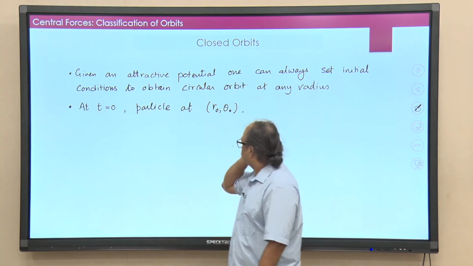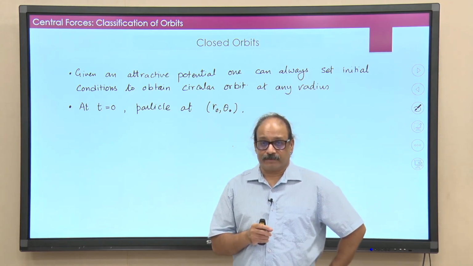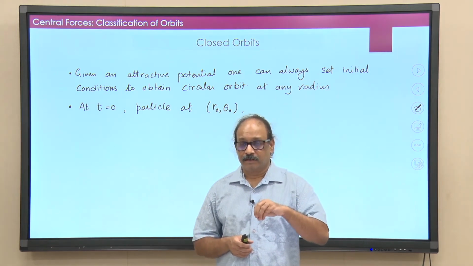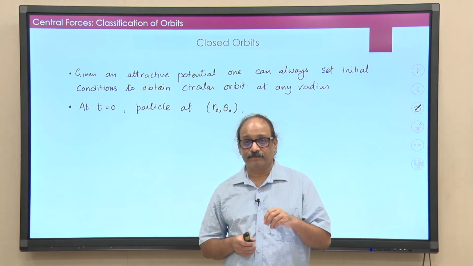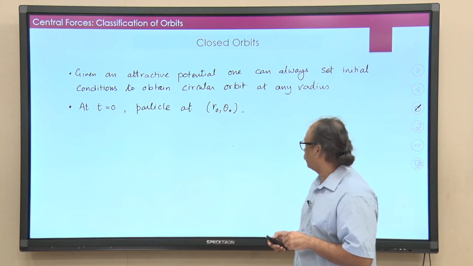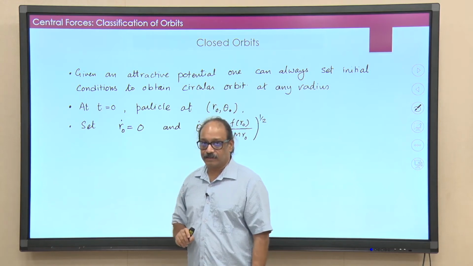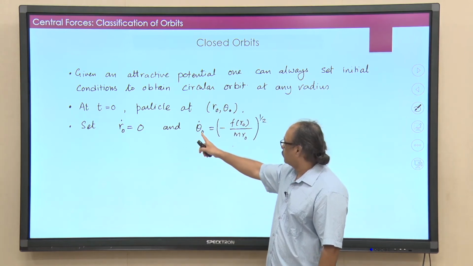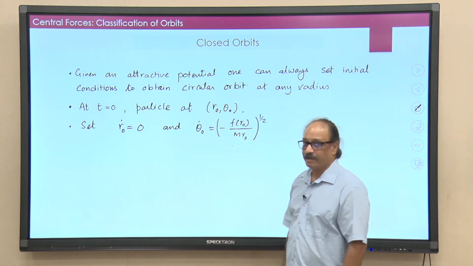So, at t is equal to 0, suppose I am going to start that motion at r naught theta naught. So, now what else do I need to choose? Remember, we have these 4 initial constants. One was r naught theta naught and the derivatives of r naught and theta naught, but that is equivalent to energy and angular momentum. So, I can actually choose energy and angular momentum too, but anyway, here what I will do is I need to choose the velocity, radial velocity, and I will choose the radial velocity to be 0 and the tangential velocity or angular velocity to be square root of minus f r naught by m r naught.